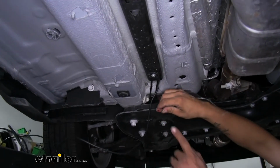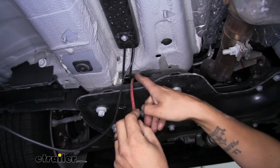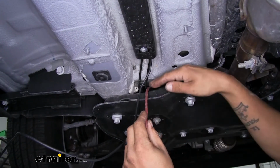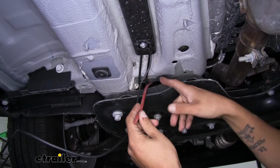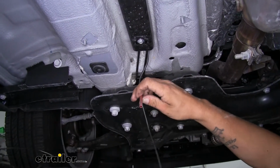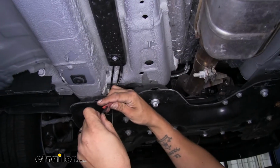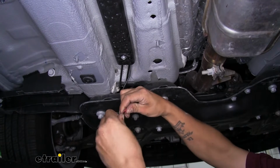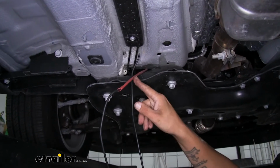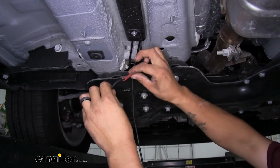But we can see, I already ran an airline tube from the top of the engine bay down. And again, same thing. You want to avoid any heat sources, anything moving. So you really want to pay attention to how your airline tube, coat hanger, or whatever you're using to drop down, how it's going down. And then we'll take our wire that we ran. Since this is an airline tube, I'm just going to push it into the tube a little bit. But if you're using a coat hanger or something that you can't put it in, I'm going to put some tape on there, then we can move back up top to the engine bay, grab our wire,